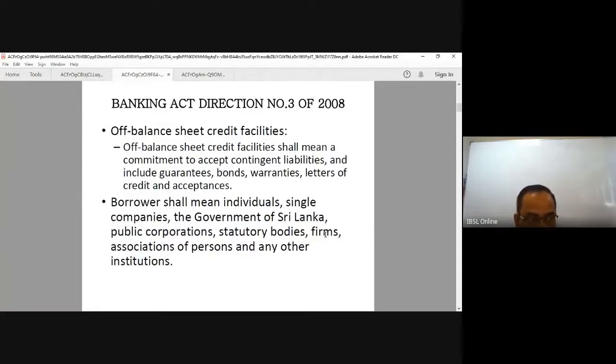The customer requested a credit guarantee to be given to Ceylon Biscuits Limited, and then with some security arrangement or whatever, you have given a guarantee to Ceylon Biscuits, favoring Ceylon Biscuits on behalf of your customer, and Ceylon Biscuits is claiming, you are supposed to pay. The moment you pay the claim, it becomes a funded facility, claimable from the customer. So that's how you differentiate on balance sheet, off balance sheet